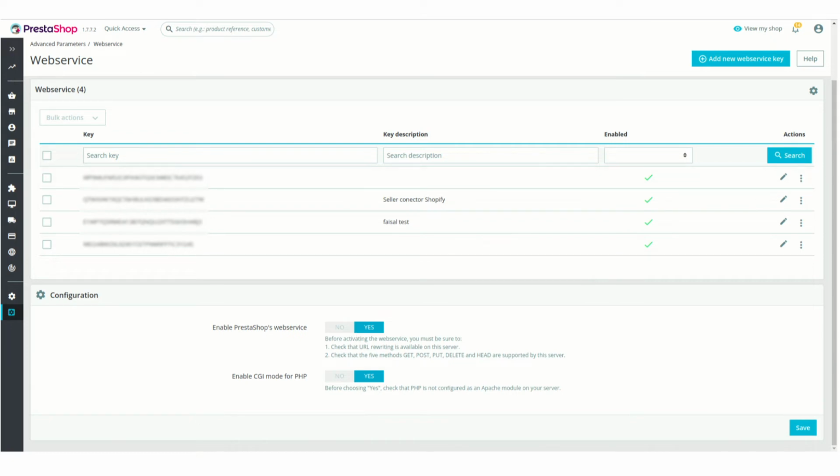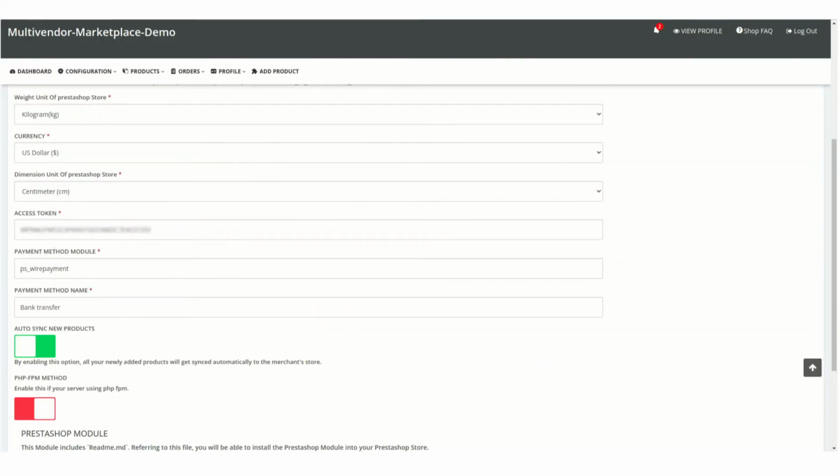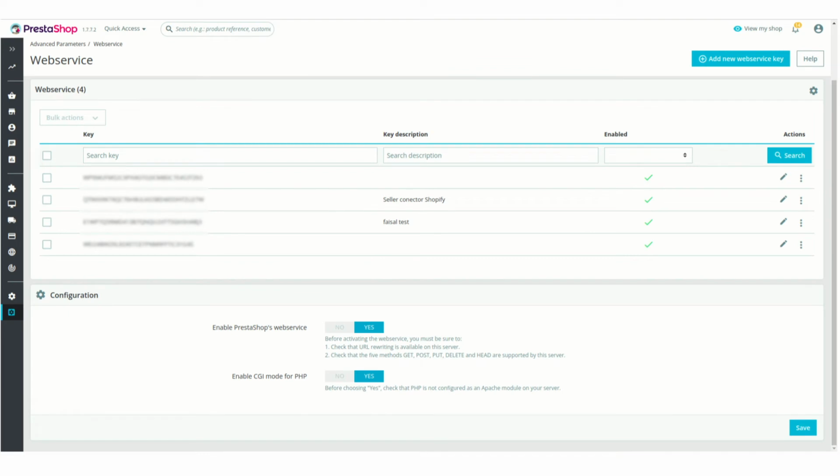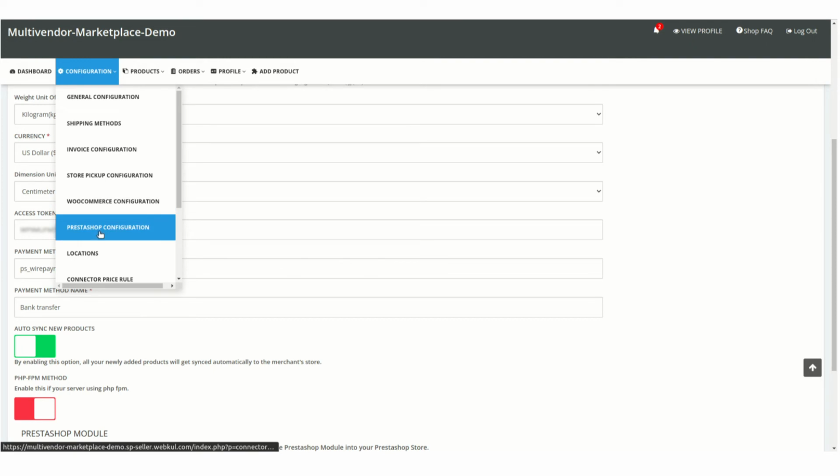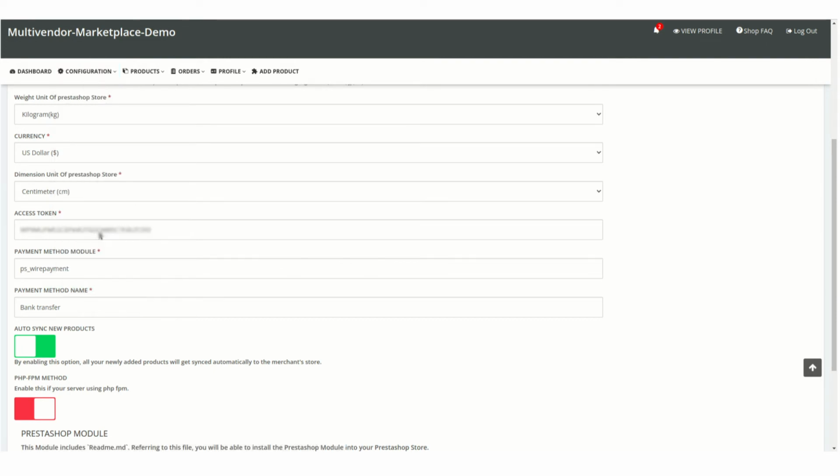Then moving on ahead, you need to log in as a seller, or your seller needs to log in to their seller panel. Once you create the web service key, make sure in the configuration enable PrestaShop's web service is on yes and then save this configuration. So once you have created this web service, you need to log in as a seller and go on the PrestaShop Configurations. So when you go here,